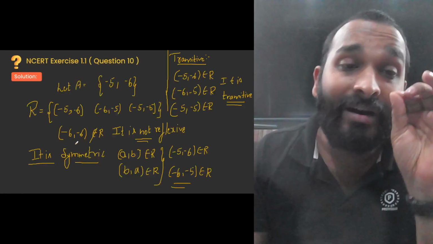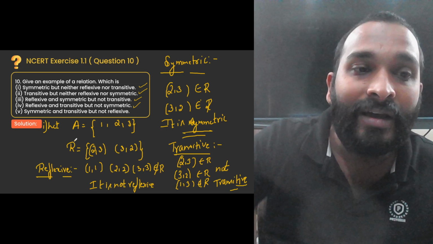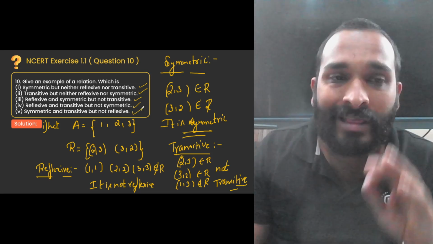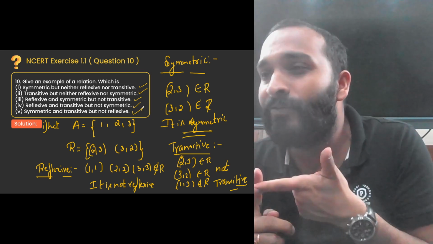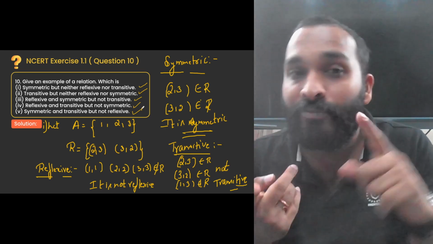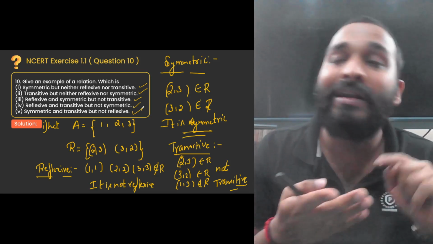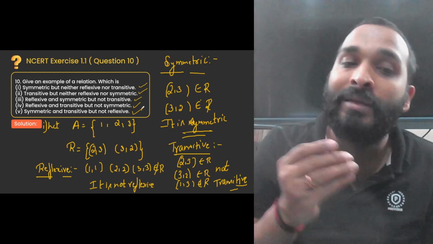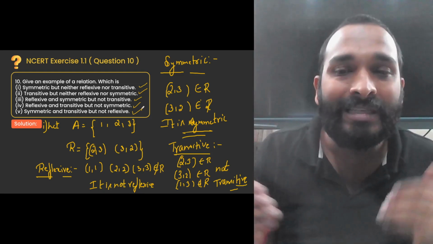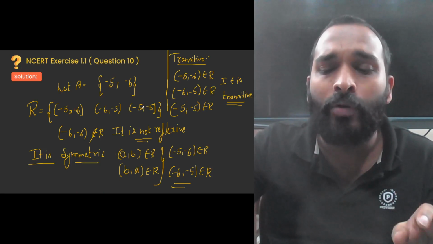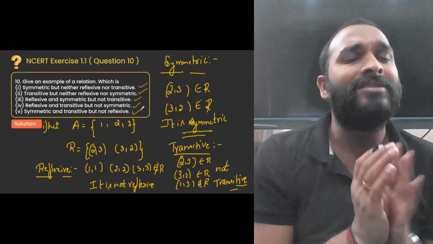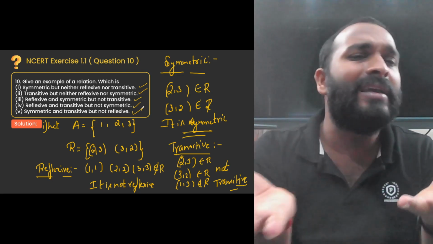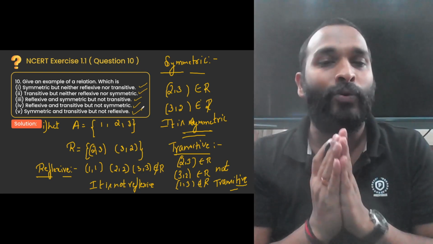This is the last question under question number 10 of your Exercise 1.1. So you have seen all the examples: symmetric but neither reflexive nor transitive, transitive but neither reflexive nor symmetric, reflexive and symmetric not transitive, reflexive and transitive not symmetric, symmetric and transitive not reflexive. We have seen all these examples. Children, as you go on solving the problems, you can directly take some of the questions and solve them if you think it will take a lot of time, but try to solve a unique example so that concepts will be very clear to you. I hope all of you understood.